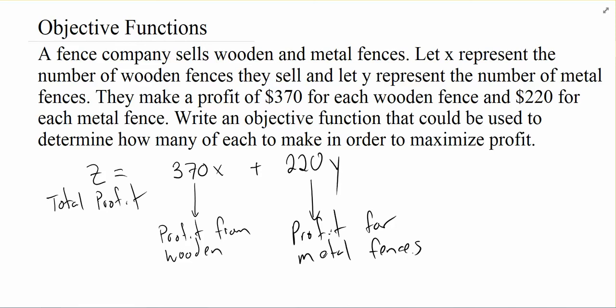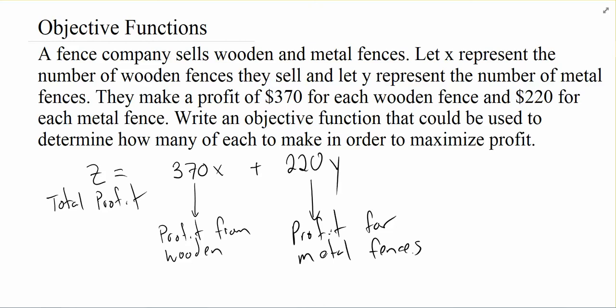What we're going to look at later then is we're going to say, hey, if I can narrow down the possible combinations to maybe 5, that it's one of these 5, then I could plug them all in to see what the total profit is for these 5 combinations, and then decide which one would maximize the profit. Which one gives me the most profit out of these 5 different combinations? Because we might have some different constraints that maybe, yeah, you make more money off of wooden fences, but maybe they take longer. And so maybe we got to look at that and say, all right, well, we need to stay within these constraints of time and things like that.